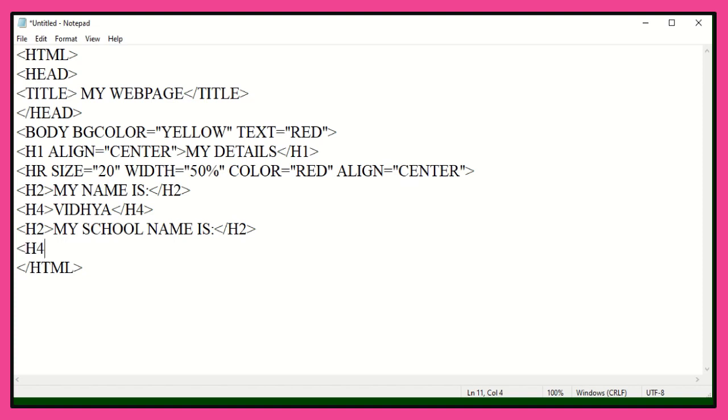I am making use of the H4 tag, that is the fourth level of heading. My school name is GAV Public School. I would like to display this GAV Public School in the fourth level of heading. Now close this H4 tag.